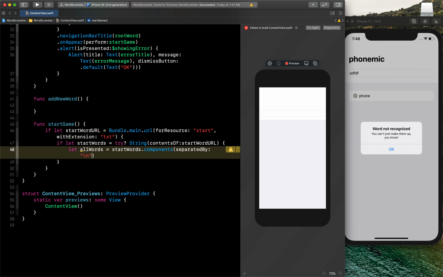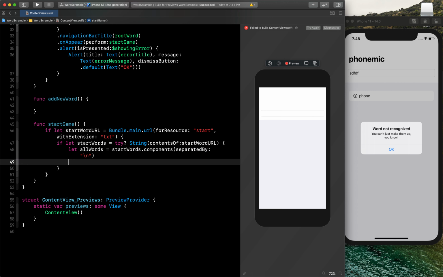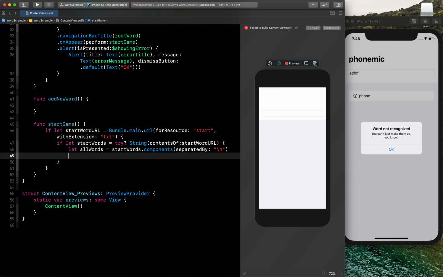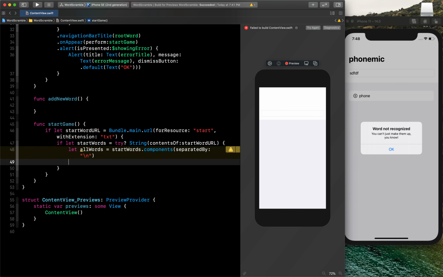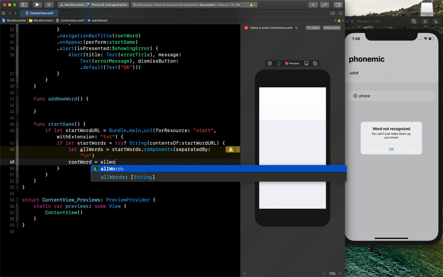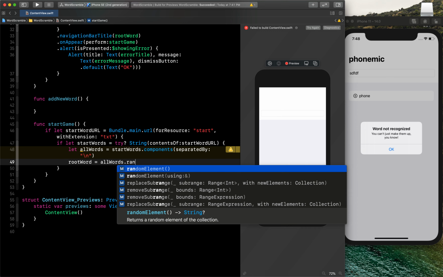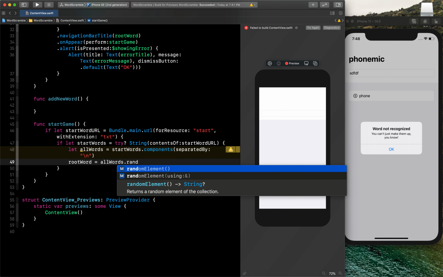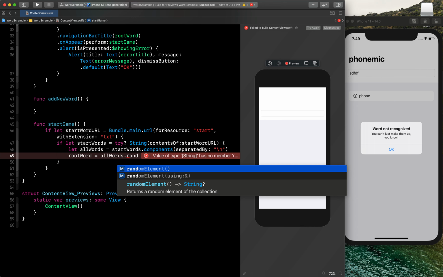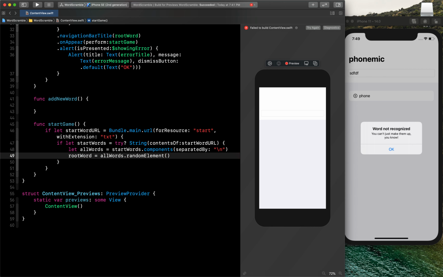Now once we get all the words, we can get the root word from this, to show that word on our navigation. I will say rootWord equals allWords.randomElement(), which will give me any word from this complete text file.